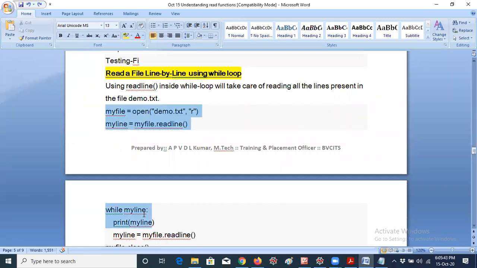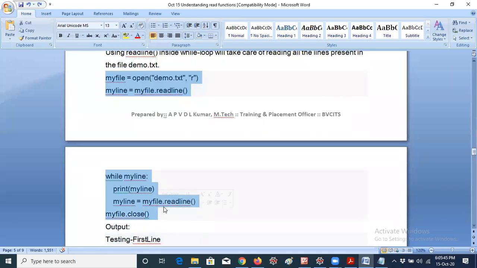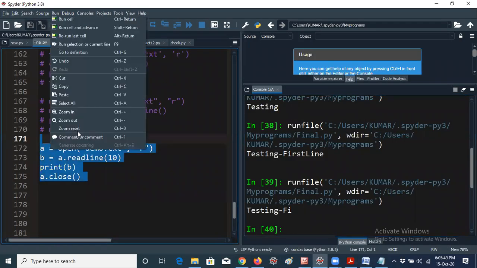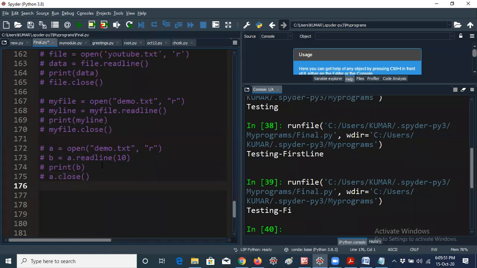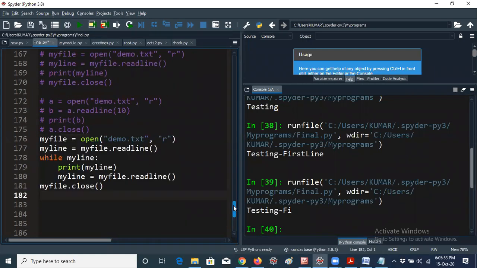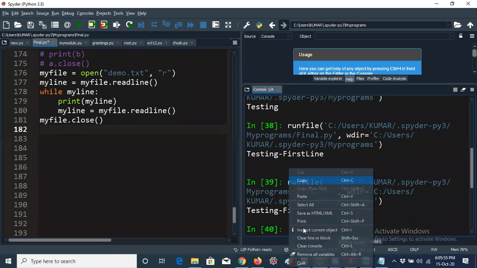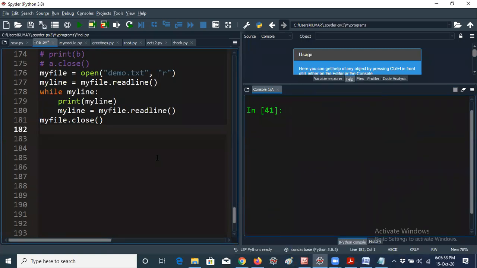So let me copy this code now. See, guys. Here, I'm using my line equal to my file.readline. You know up to what extent it will print.